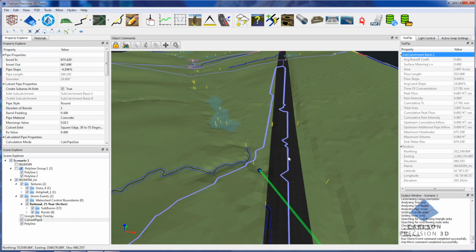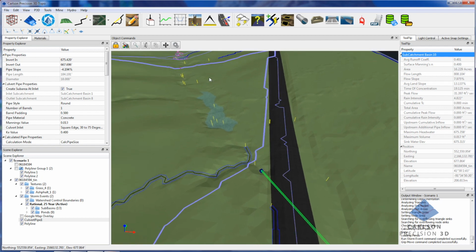And you notice that the average runoff coefficient reported up here is not just 0.4 like it is out here. Here it's 0.41 because this paving has a 0.65 runoff coefficient. So you get this average weighted runoff value. The other thing that you could do,